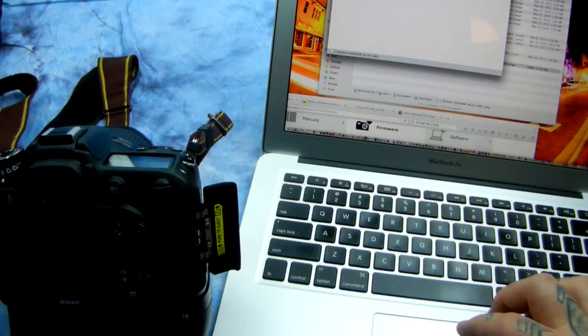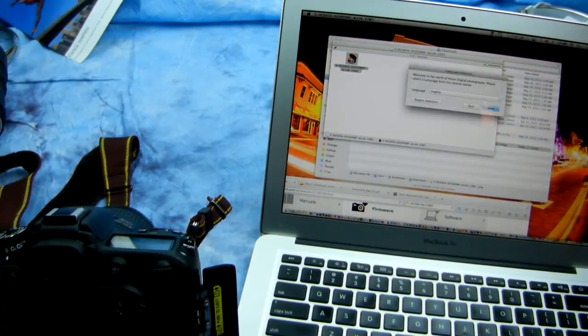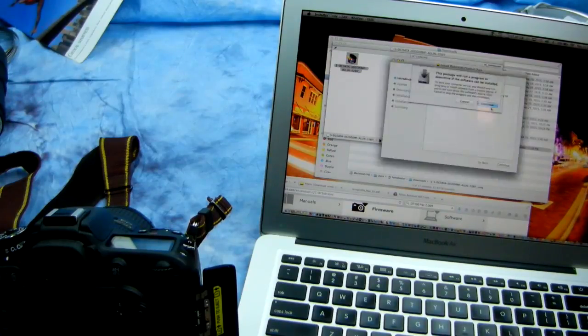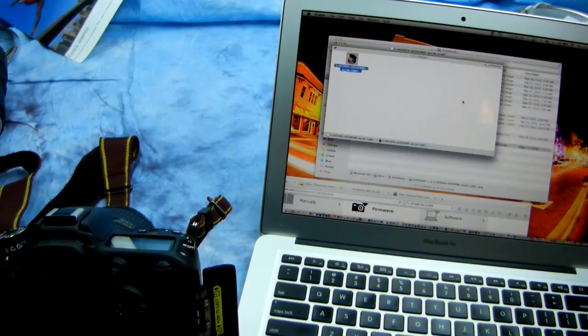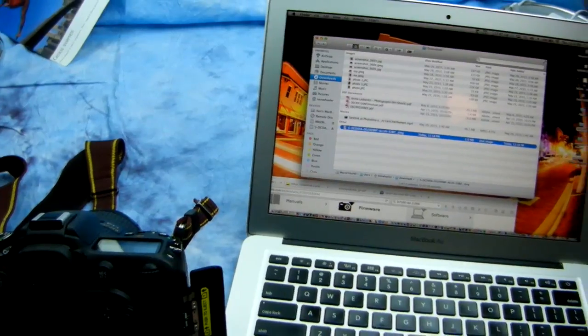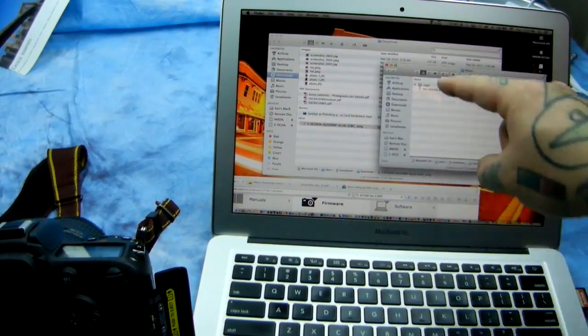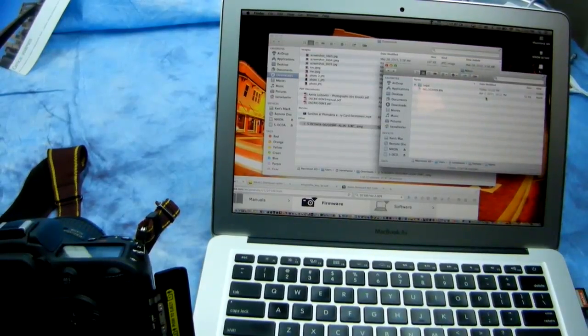Okay, and it'll be just like installing a new application on your computer. It'll ask you what language to select. Okay, I'm going to go English. And you want me sure you want to install this program. Yes, you go through all of that just like you're installing a regular application. And it will put a folder on your computer over here. It says Nikon. It'll be on your desktop, and then it'll have a folder called Legal. All sorts of legal BS, and then there'll be a folder called